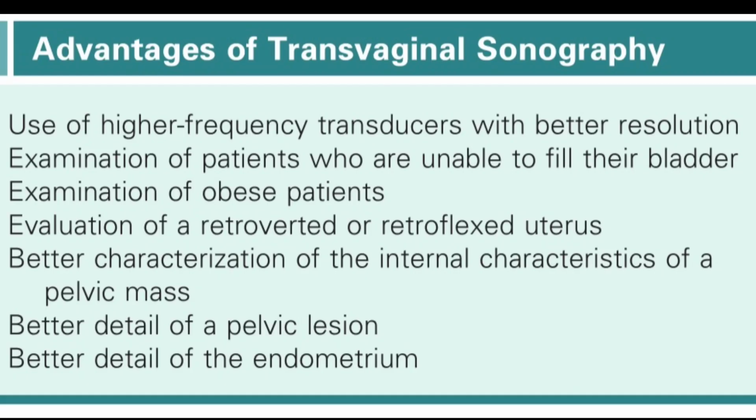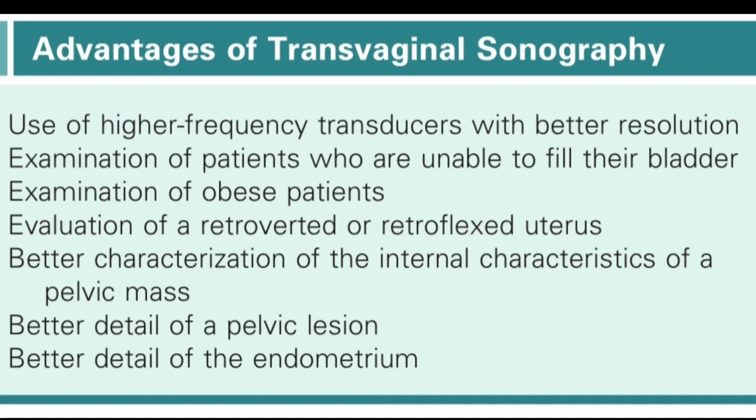For the pelvic ultrasound, normally there are two types of scanning, transabdominal and transvaginal ultrasonography. The advantage of transvaginal sonography is that it has a high frequency transducer, and it's very good for patients who are unable to fill their bladders. The second thing, if the patient's BMI is increased, you can also use transvaginal sonography for the pelvic scan. In case of a retroverted or retroflexed uterus, transabdominal will not give you a detailed picture,